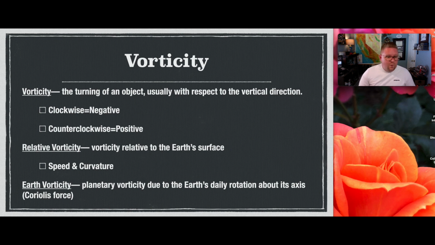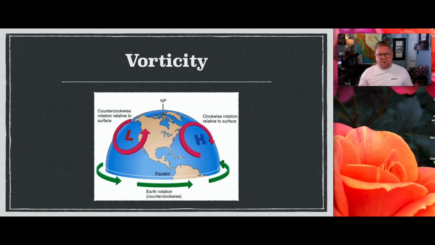So what I wanted to, again, we've seen this before: low pressure system, high pressure system. We're looking at a counterclockwise motion with a low pressure system. High pressure, we're looking here at a clockwise rotation relative to the Earth's surface. We also know that we have the actual rotation of the Earth, which is a driving element, fuel, as it were, when looking specifically at the rotation in the northern and southern hemisphere and how those will change directions. So, a low pressure system will move a different direction in the southern hemisphere, and so on and so forth